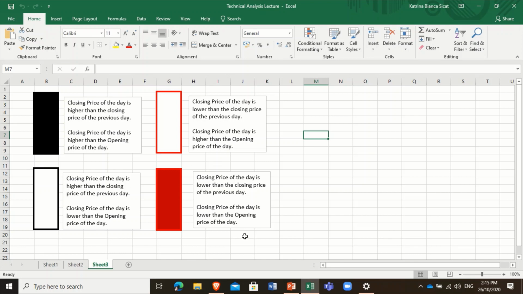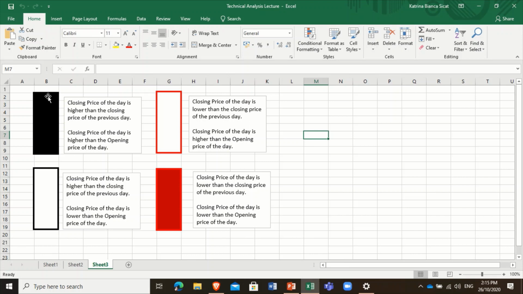By the way, itong candlestick chart is not only used in stocks, it's also used in forex or the foreign exchange trading. It's also used in oil. It's also used in rice. So anything that is, kumbaga, beneficial yung paggalaw ng price sa mga commodities or kahit na ano pa yan, whether it is an investment or not, you can use candlestick chart in predicting the movement of prices.